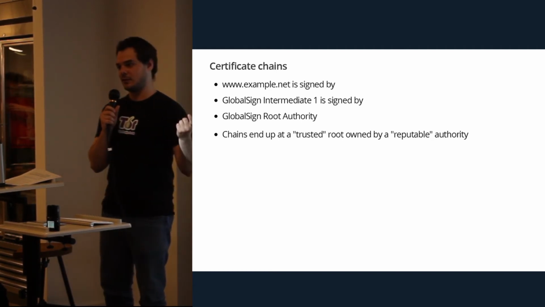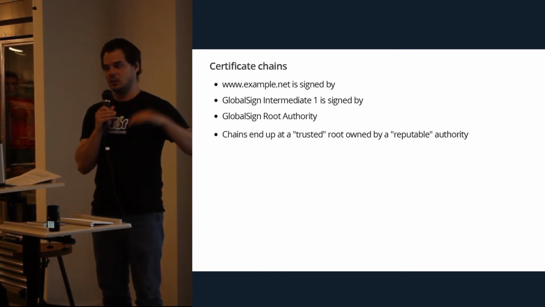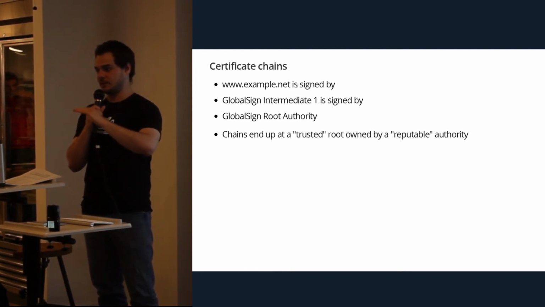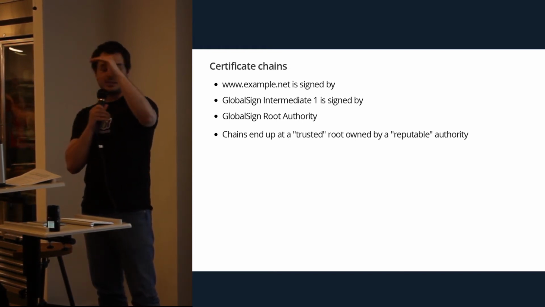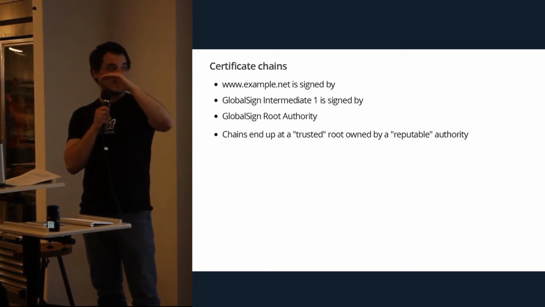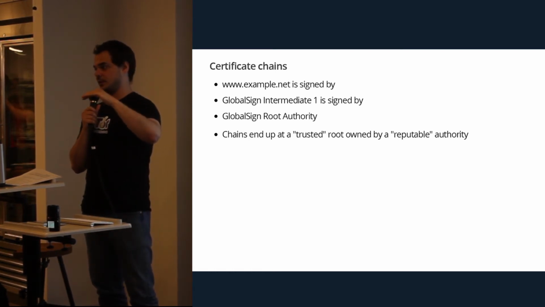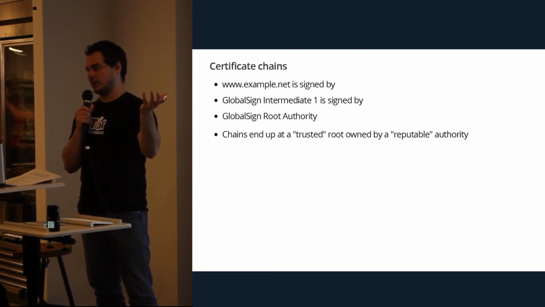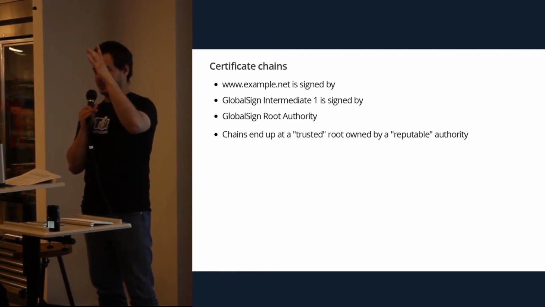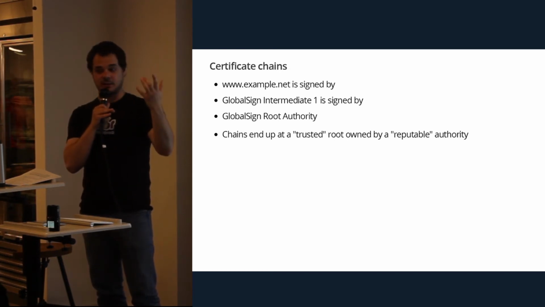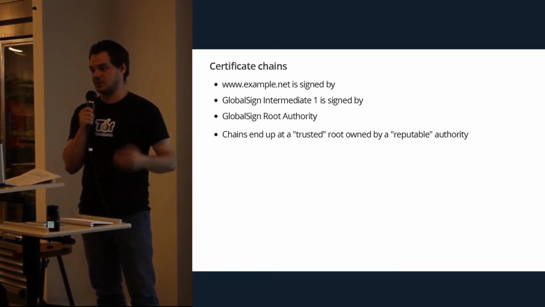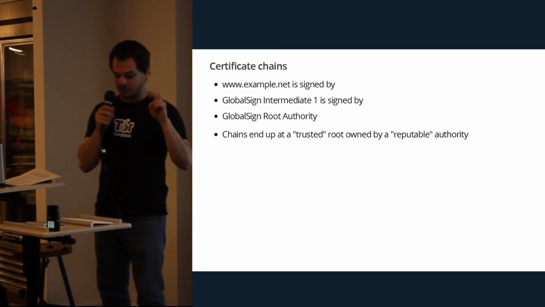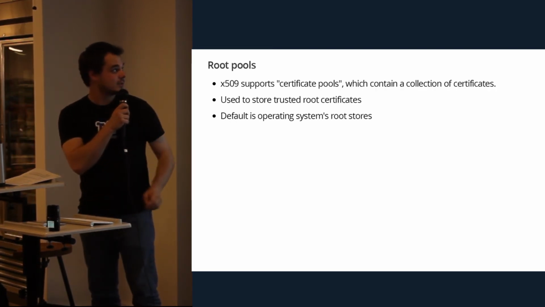So if you want to prove that a certificate was issued by GlobalSign, you walk the chain backwards. I look at your certificate. It says this was signed by GlobalSign's intermediate. Okay, check the signature against GlobalSign's intermediate's public key. And then, oh, this intermediate was signed by GlobalSign's root key. And they've published the public key. They don't need to keep that secret. So I can look at their public key for the root and the signature on this intermediate and say, okay, it matches or it doesn't. And if everything lines up, then we know it's a trusted certificate. Well, trusted and reputable, for varying definitions of both of those words.